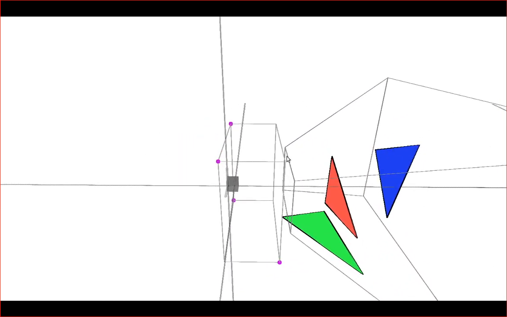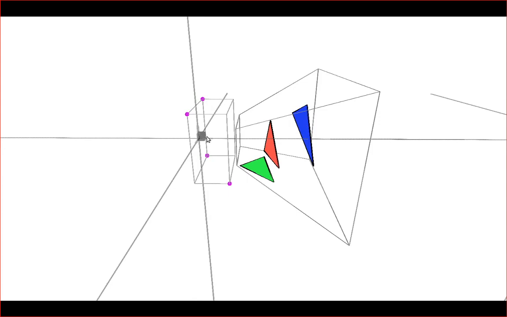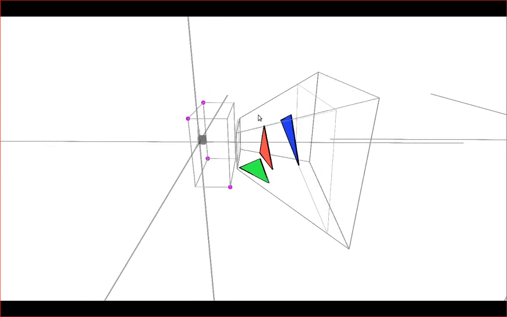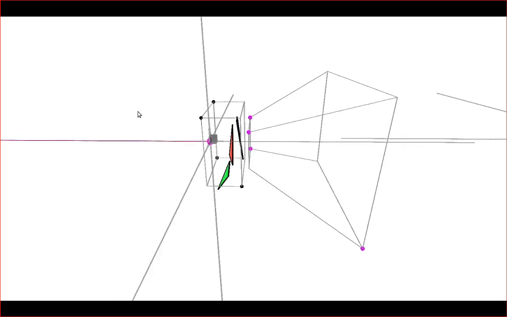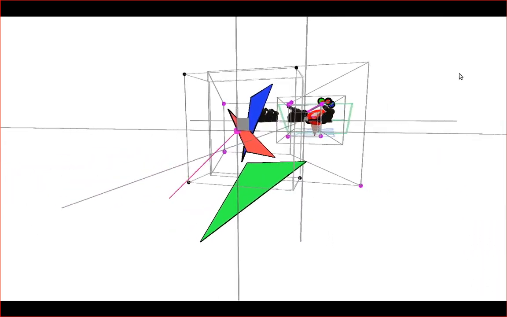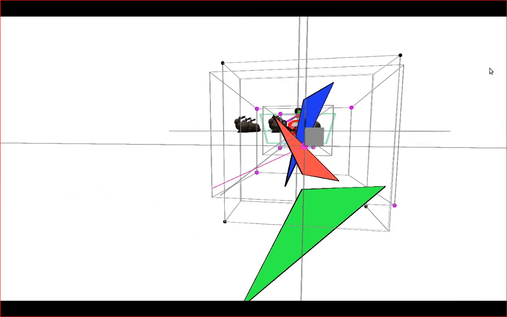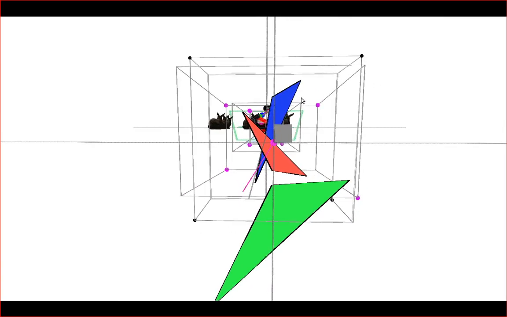This showcases the frustum mapping to the box. I'll select it. One by one, I am mapping each point to its relevant point on the box, and then computing the homography, and so it animates it. And if you look forward on, it should be the same as when you look here,